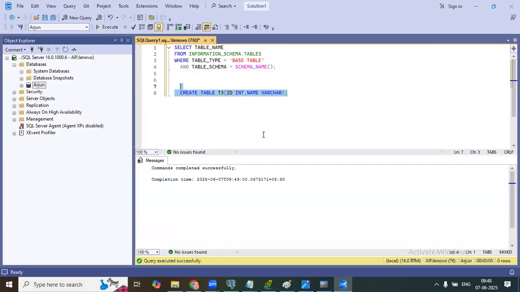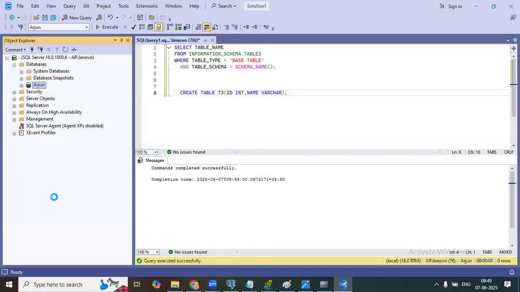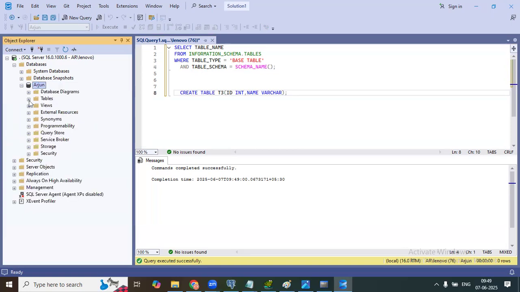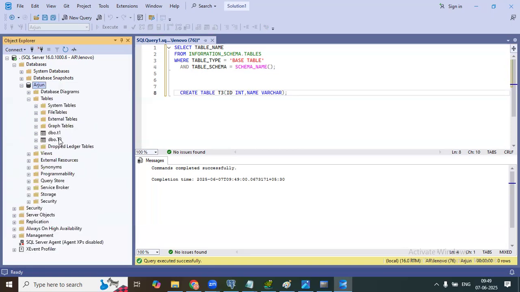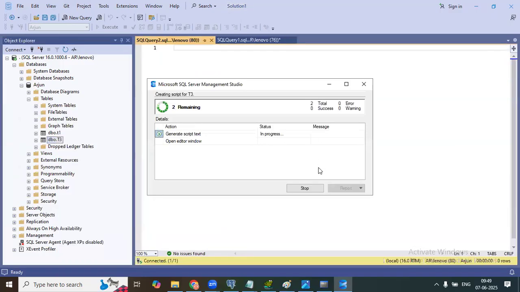The table is created successfully. If you refresh and go to table T3, you can script the table as a create command. You see here how it's created.